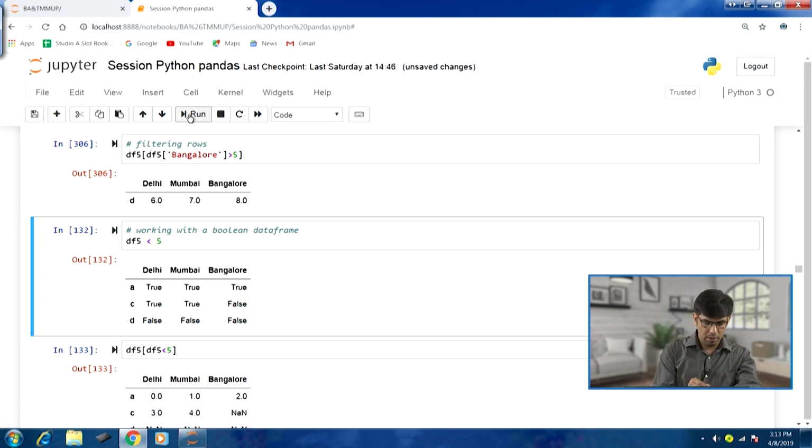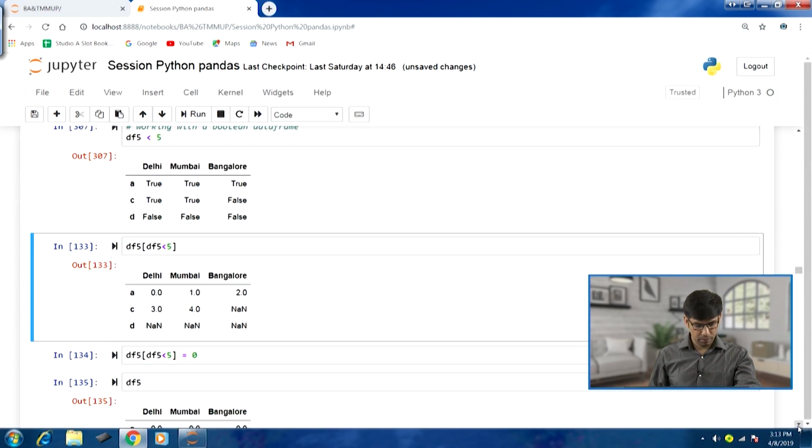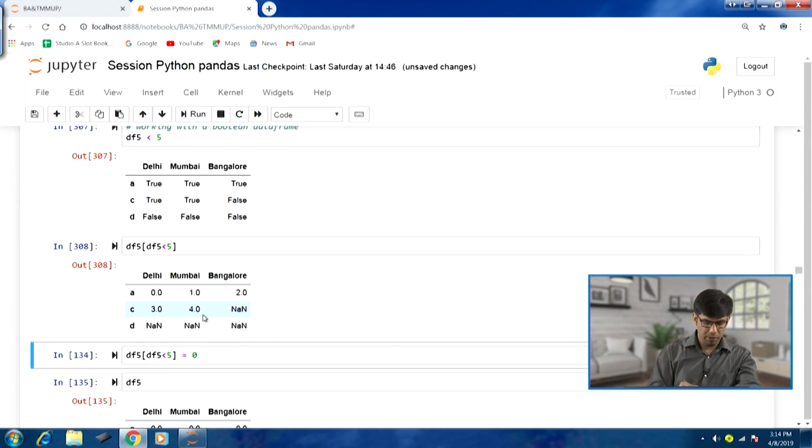If I run this, you can see a Boolean data frame in the output. Similarly, we can use this Boolean data frame as indices. We can pass it in df5 within brackets, and we'll get the output here. Wherever true was present, those values are going to be shown, and wherever false is there, we'll get NaN.